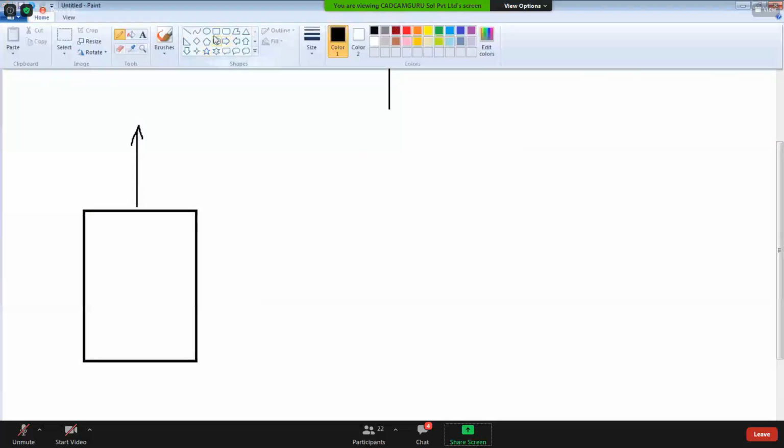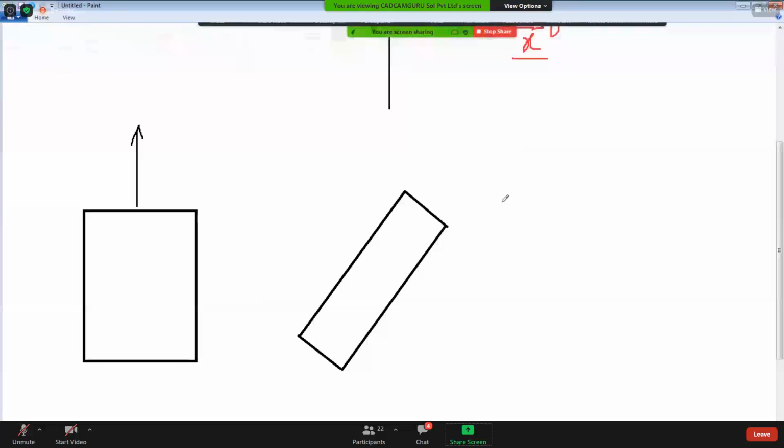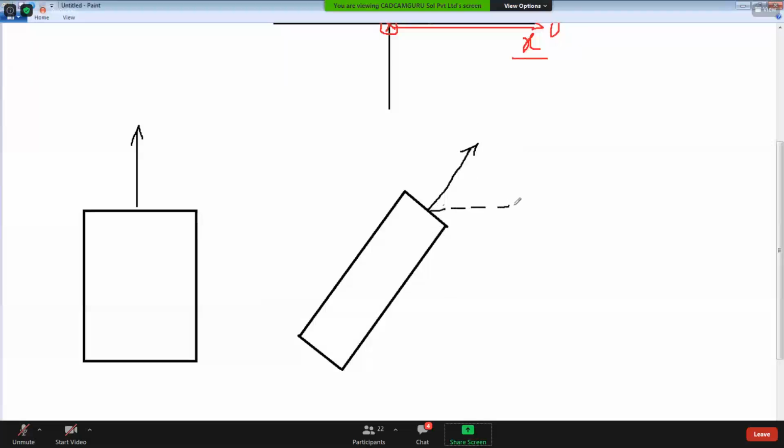And if your part is not perfectly vertical, it is inclined, then you have to remove it like this. So there is a specific reference angle.